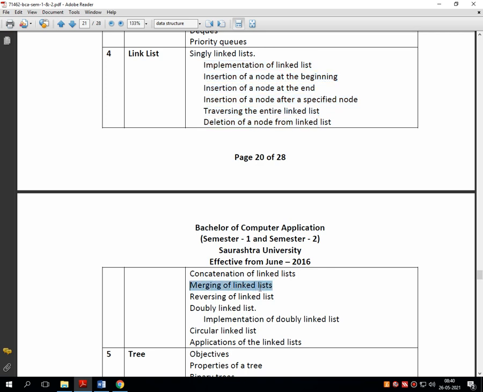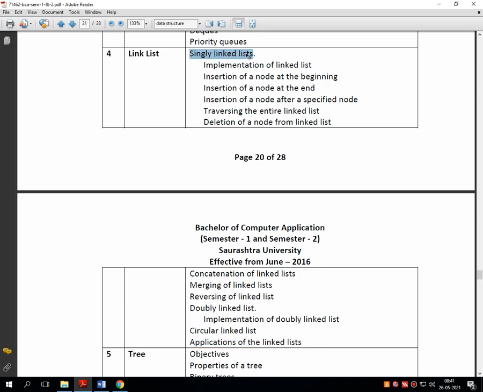Then there is merging of linked lists, reversing a linked list, the second type of linked list, that is double linked list with its further topics, and lastly the third type of linked list is circular linked list with its subtypes. Right now we are not wasting our time discussing the other types. First we will start with